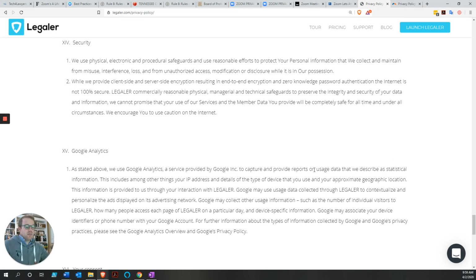So that's Legaler. And now we've got about 4 minutes to talk about some of the platforms and services that you want to use. Very quickly, one of the things I look for in these platforms is manageability. How difficult is it for my client to use this platform? One of the things that Zoom really has going for it is that people find it very easy to use. It is a very manageable piece of software to install. I have found a lot of times that Microsoft Teams is difficult for people.